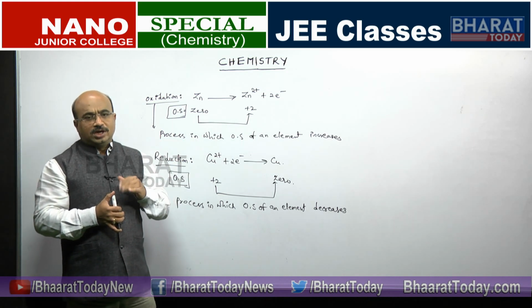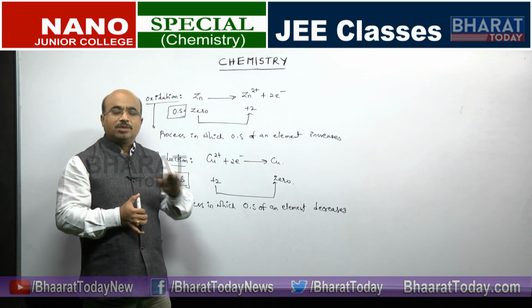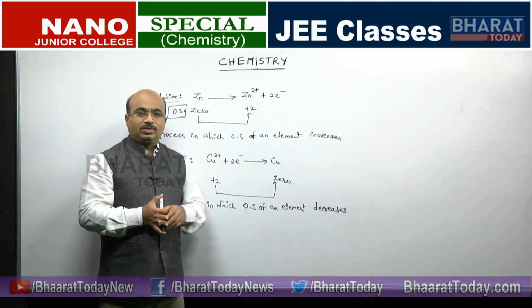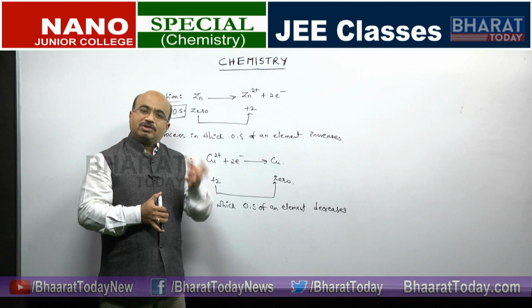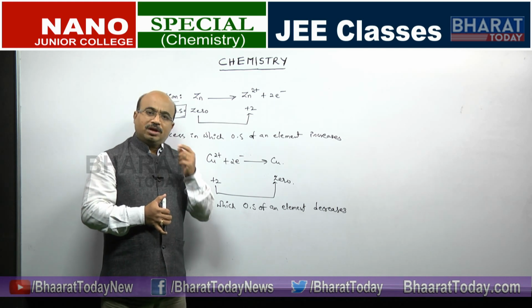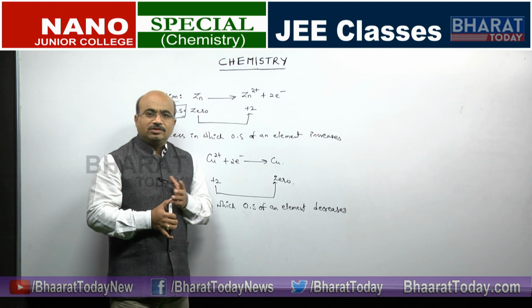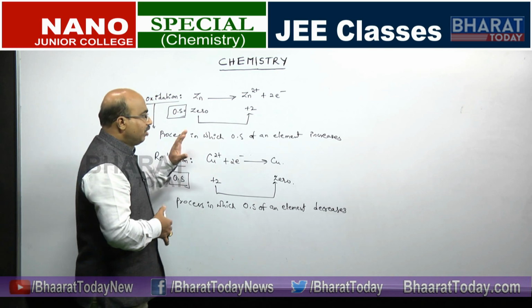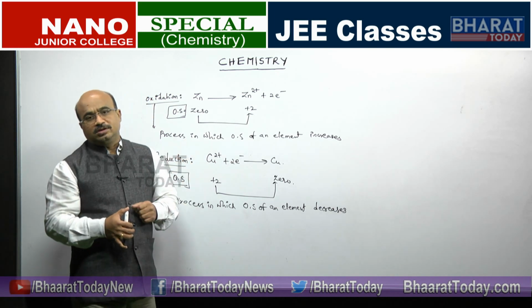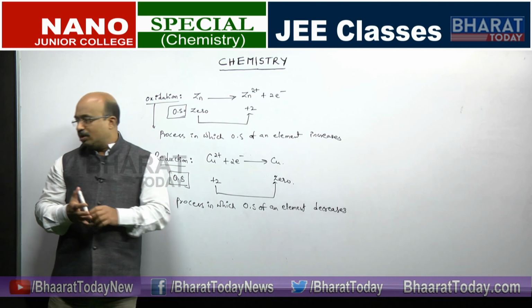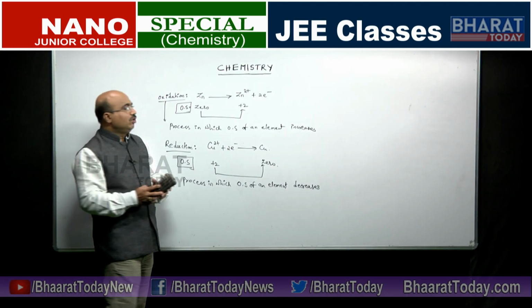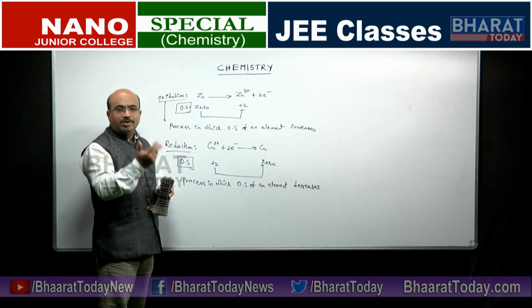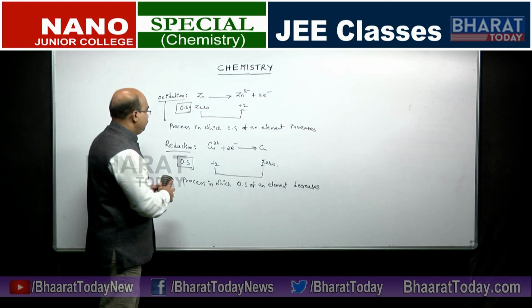Only the reduction reaction may not be there in a complete reaction, or only the oxidation reaction may not be there in a complete reaction. If you take any reaction which involves reduction, it must involve oxidation as well. So, all such reactions are taken as redox reactions basically. We can identify what is reduction and oxidation here based on the oxidation number or oxidation state concept. Let us now move ahead with the types of redox reactions.